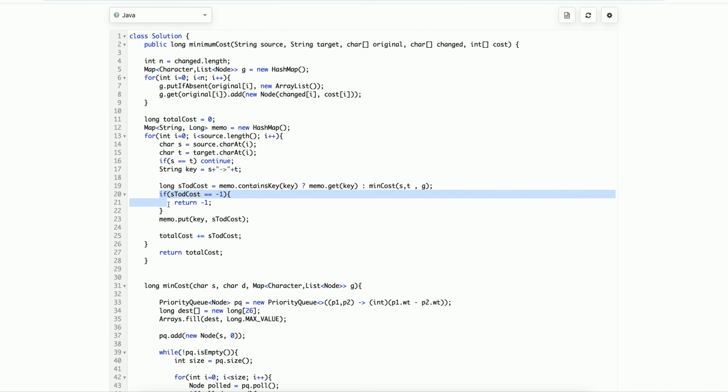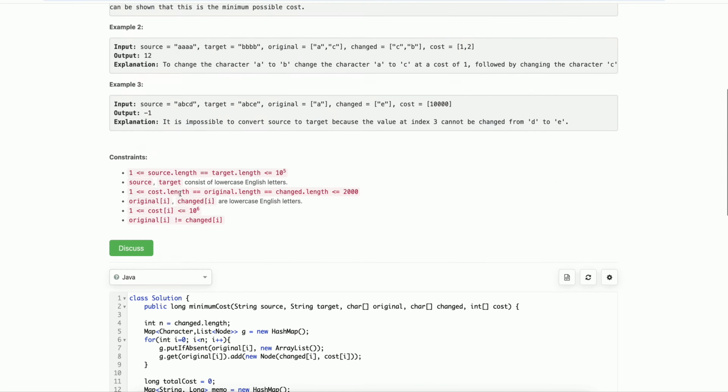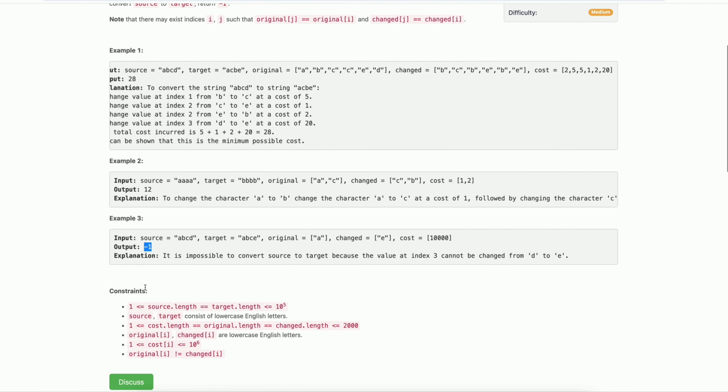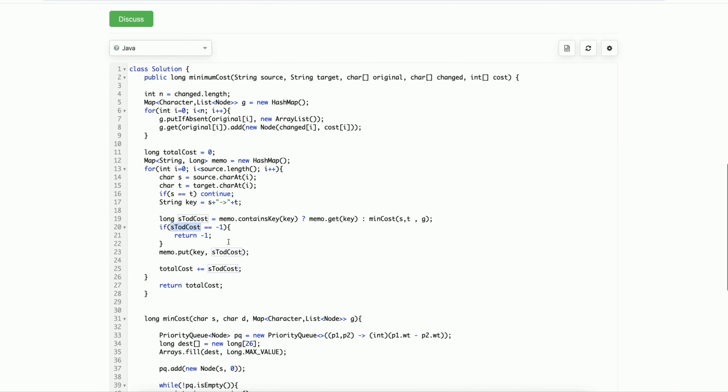And let's say we are not able to find a path from source to destination, let's say there is no way. For example, d cannot be converted to e, there is no mapping given to convert d to e, so in that case our answer would be -1. So in that case, getting the minimum cost to change one character to another character will also return -1. So if s to d cost is -1, then we are simply returning -1. Otherwise we are just calculating it